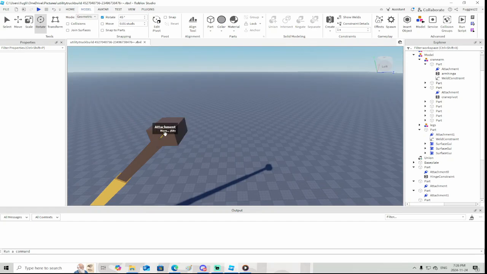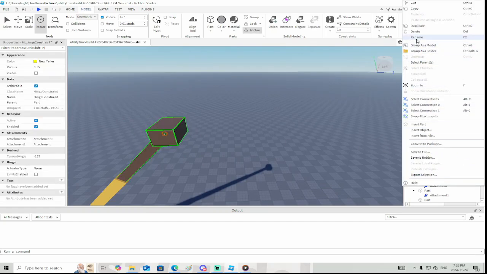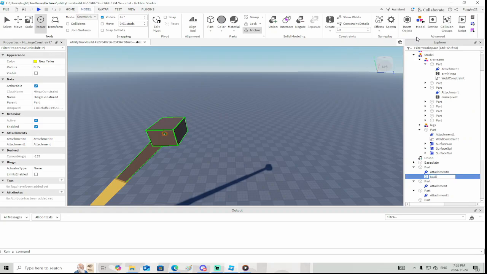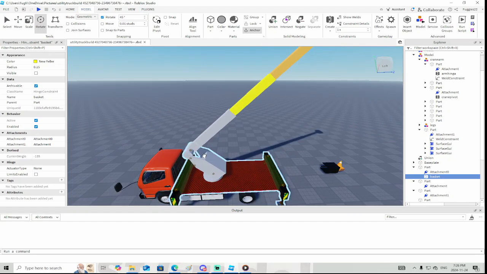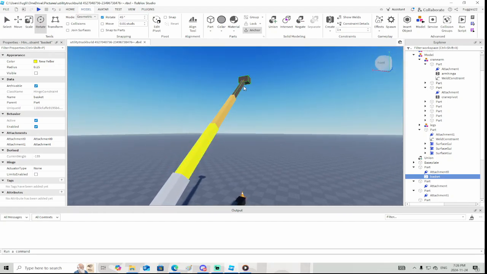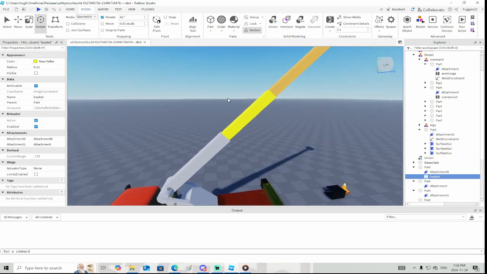Perfect, and now we can make that, we can rename that basket, right? And that's how we're going to be able to keep track of it, basket knuckle. Okay, so now we're going to do the same thing. We're going to use the prismatic constraint for these sections of the arm. I probably should have,